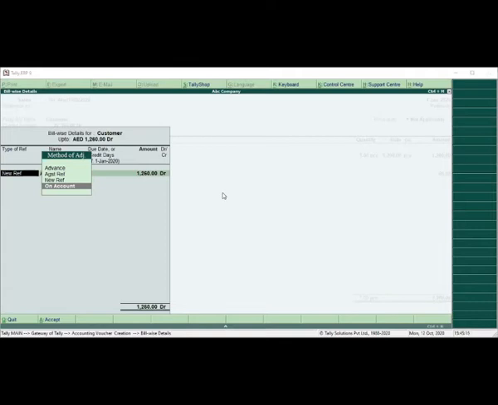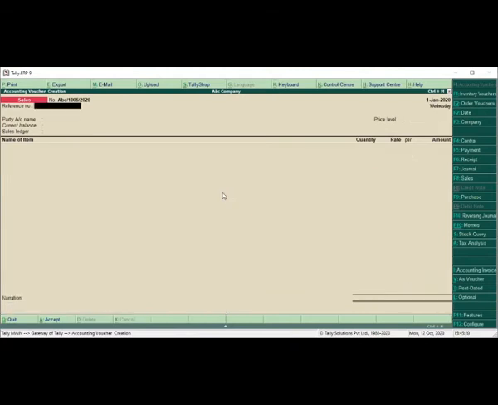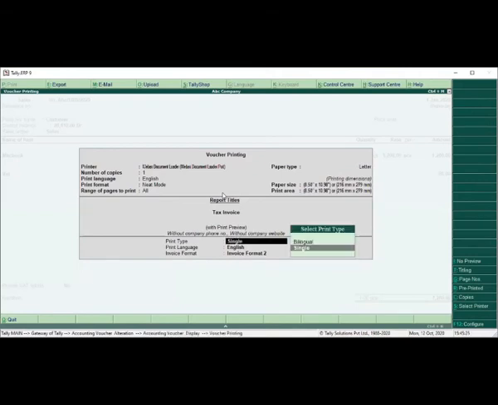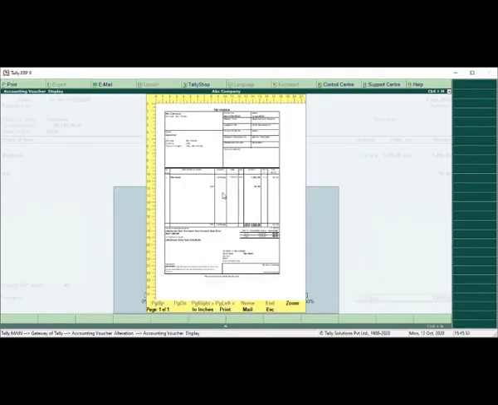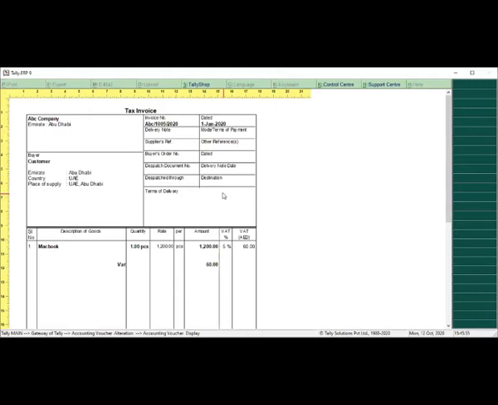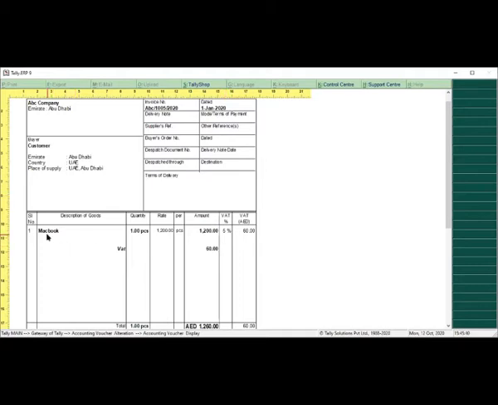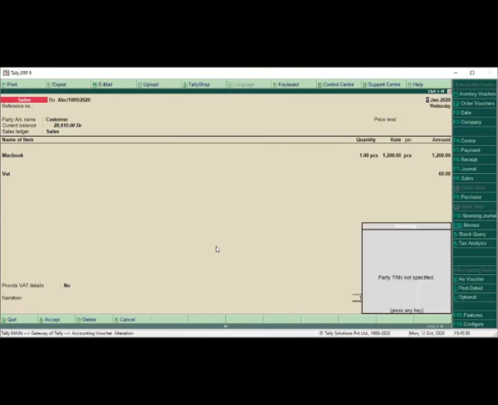So here this is the fresh invoice, we'll select new reference and save it. Okay, I'll show you the invoice format. So you can take the printout. Here in the print you can see the first invoice format I'll show you, which is invoice format 1. So this is invoice format 1. Just see what is the difference between invoice format 1 and 2. So here you can see the MacBook, it is showing the item detail and VAT amount. Here VAT it is showing 60 dirham. Let's see what is the difference in the second invoice format 2.